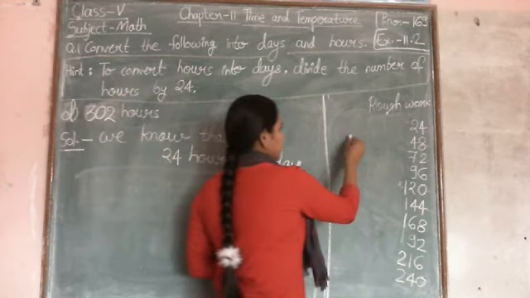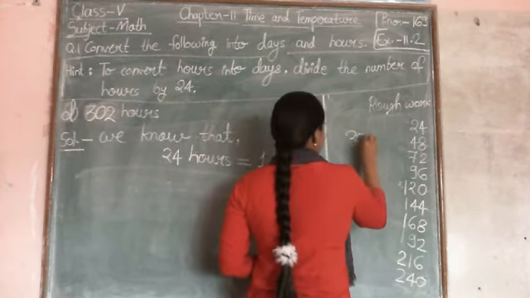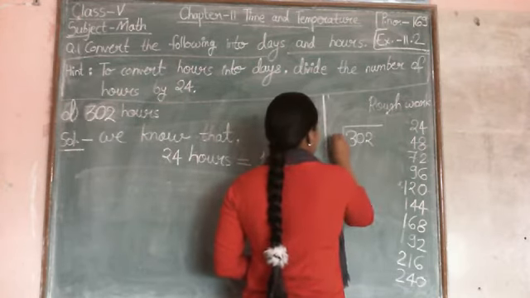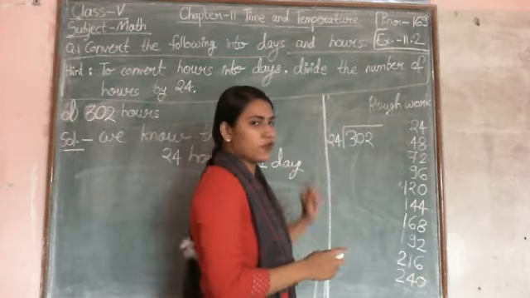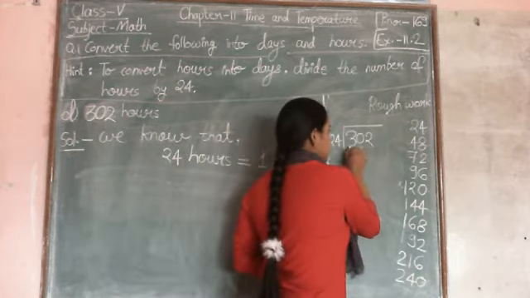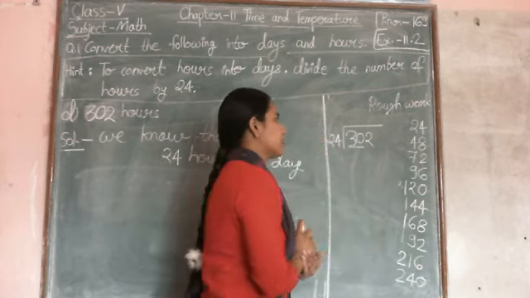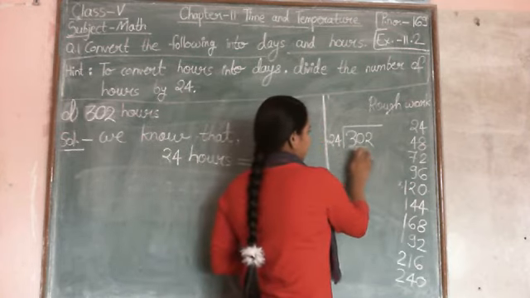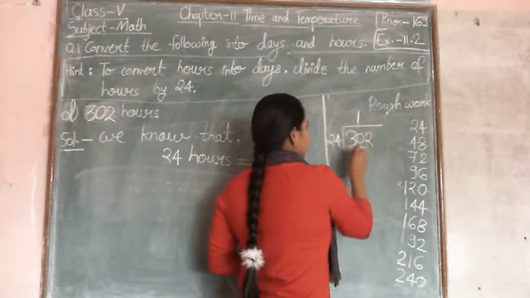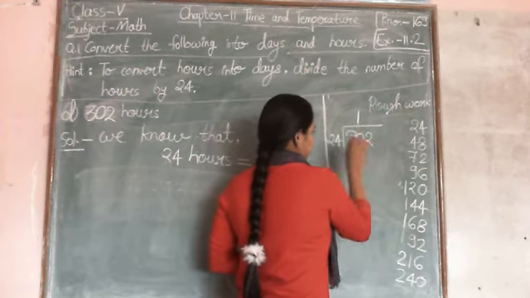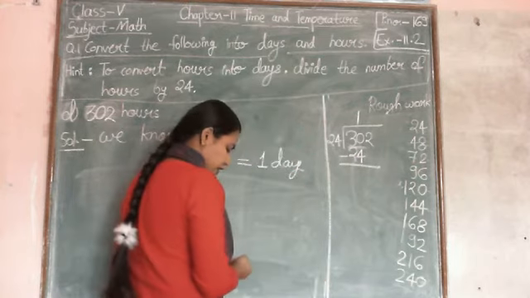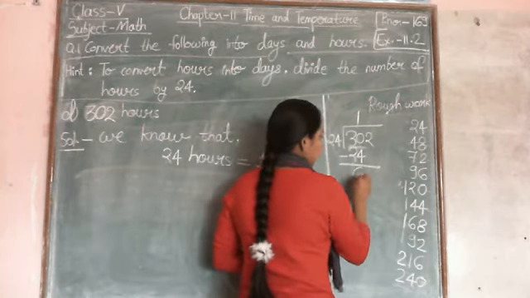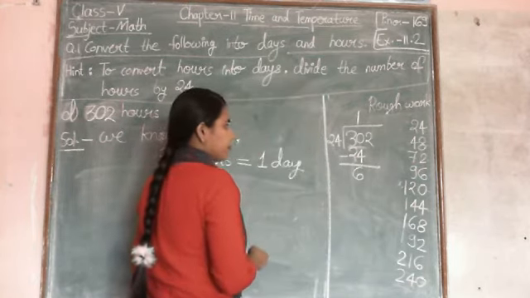So to convert, we will divide 302 by 24. Now as our divisor is of 2 digits, we will take the first 2 digits of the dividend, which is 30. So in one time we can divide. Now subtract both the numbers. 30 minus 24 gives 6 as remainder. Now